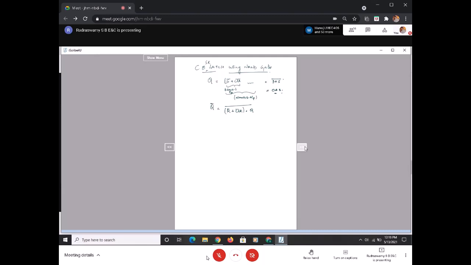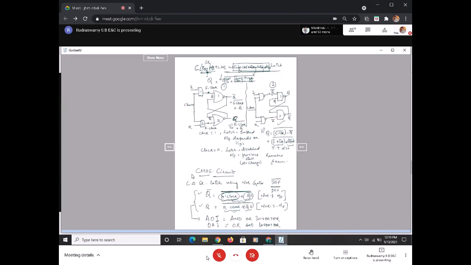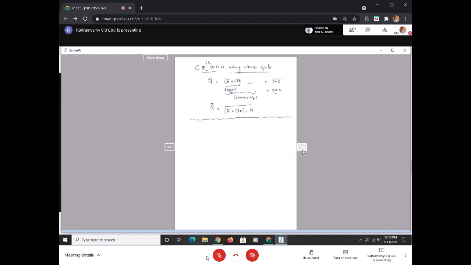So the moment we have these two expressions, what is the next thing we have to do now? The moment we have an expression, is it not easy to realize this using the CMOS structure now? Yes or no? Yes. So now we'll go with realizing this. So, AOI based clocked NOR based SR latch. And that's what we'll try to see.